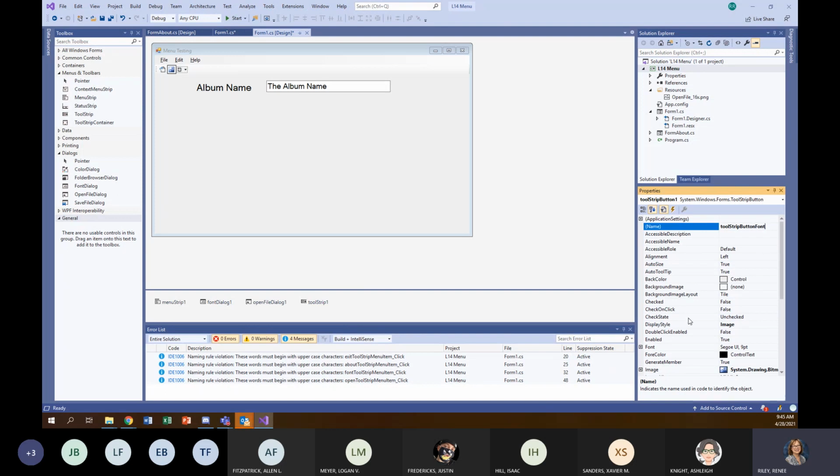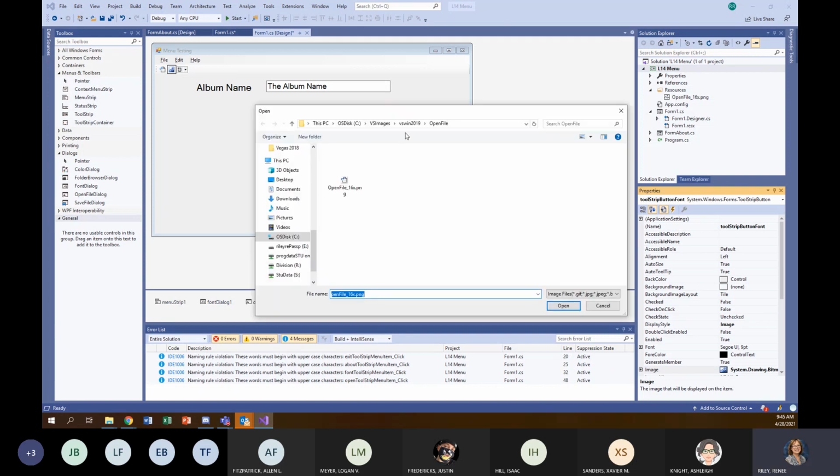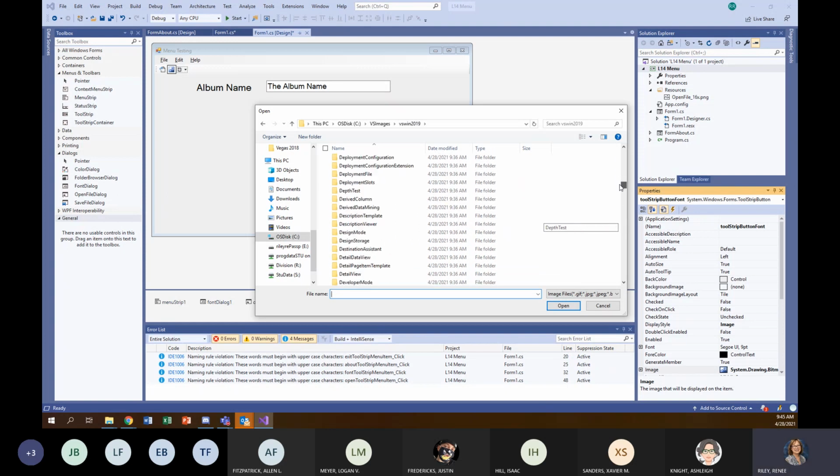And now I've got to find an image for it. So I'm going to go to our image library. We want to import it into our project resource file. Now, we should be able to go to the F's and find something about fonts, because we've got icons here for everything. There's literally a font folder. Do you see it? I can't get to it. Font, font, font, font. Yep, font